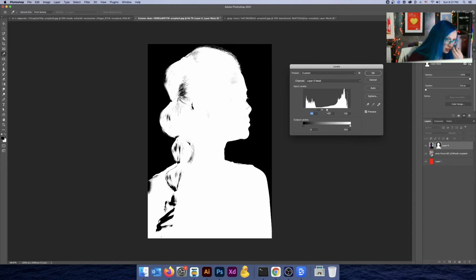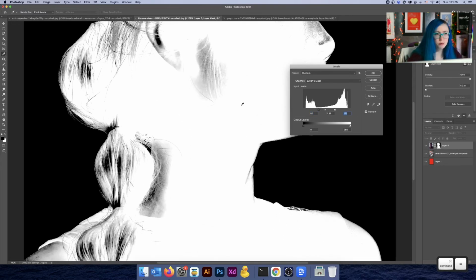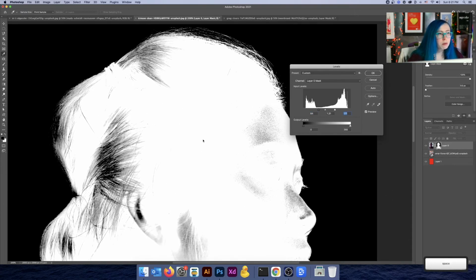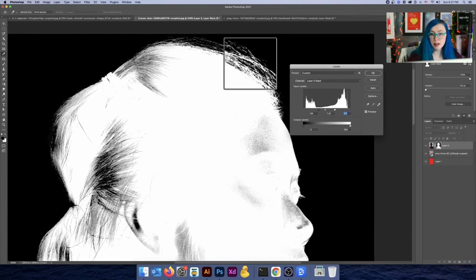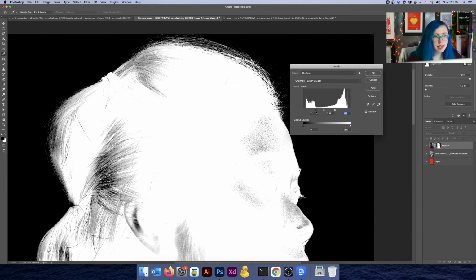And we might get really, really extreme with this. What we want to be careful of is that we don't lose the complexity of the hairline or of the eyelashes. So just watch those little pieces, because as you drag in the dark here, that will start to happen. You'll start to lose some of those little details.